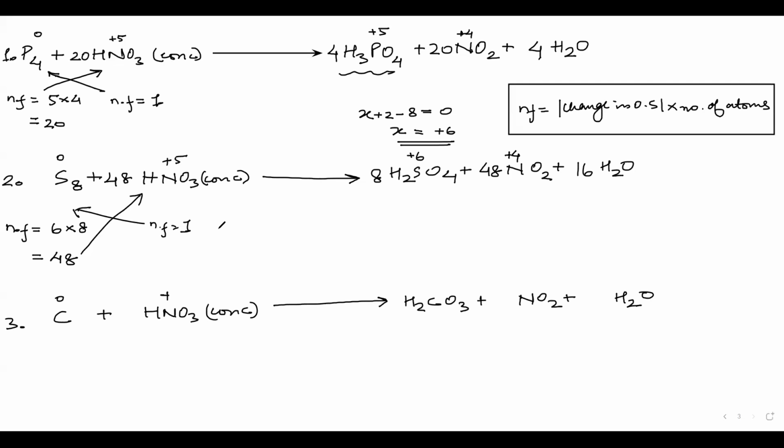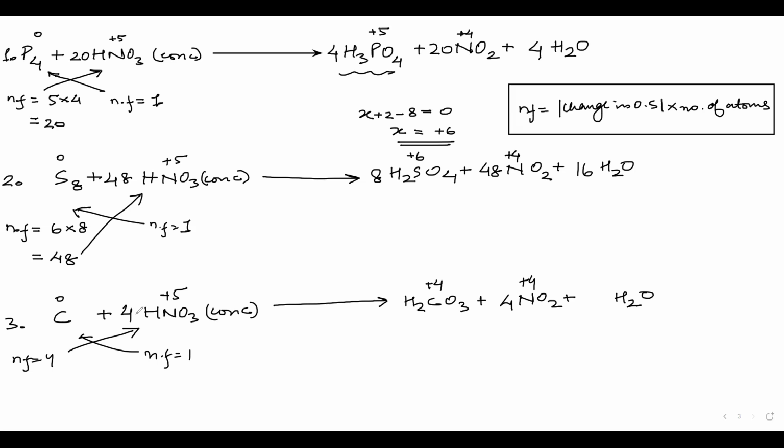I understand. Here it is +4. For carbon, here it is how much? For carbon, here it is +4. So the change here is n factor is equal to 4. Here n factor is equal to 1. Because for carbon, the change is of +4. For nitrogen, the change is of 1. Now this goes here, this goes here. So you have 4. So you will write here 4. Now, we don't have to do anything with the carbon, because only one carbon is there.